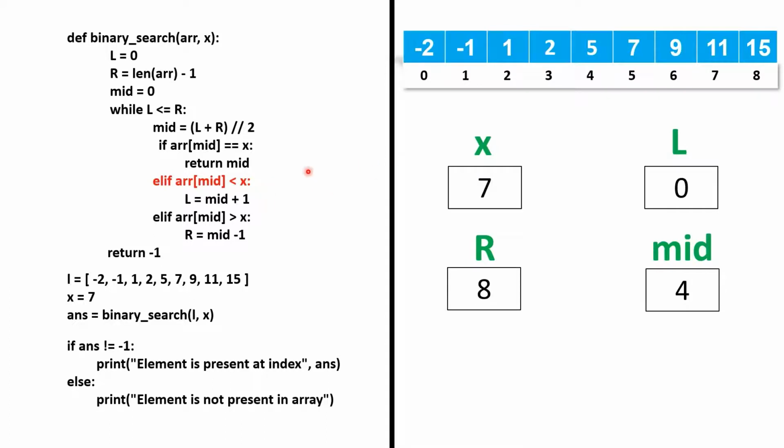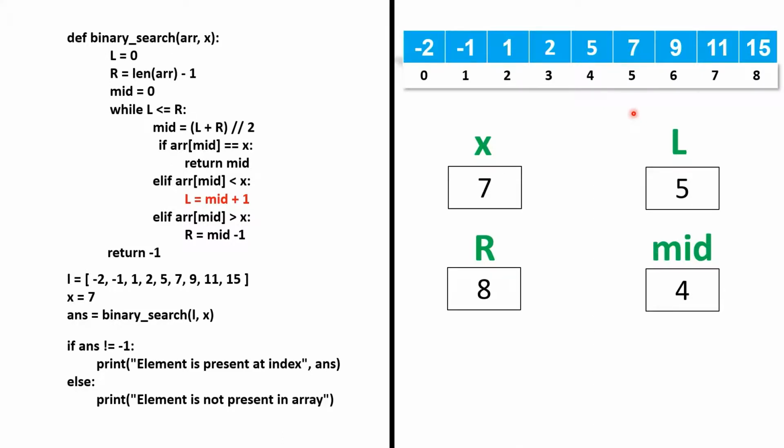In the earlier video, we saw that if the array is sorted, then we can say if a value is greater than x, it is on the right side. So here the value at mid is 5 and we are searching for 7, which is greater than 5. We can say it is to the right of us. So we move L next to mid. So we move L to the 5th index. You can see how we have ignored all these values and directly moved to this point.